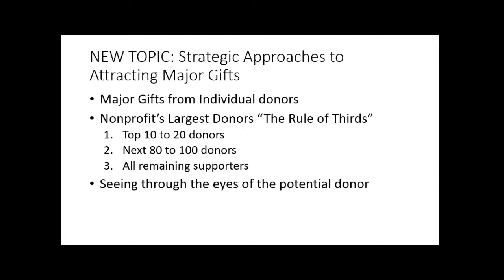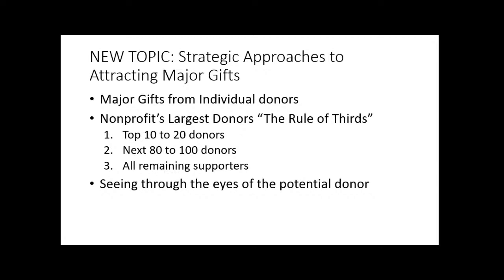Or you might have heard 10% of the people give 90% of the work. In nonprofit organizations, oftentimes they say something like 20% of the donors give 80% of the contributions. Some say 10% of the donors give 90% of the contributions. But what I've found, and I've worked with a number of nonprofit organizations, is that the closest rule of thumb is the rule of thirds.